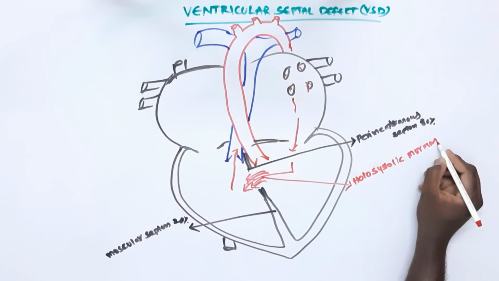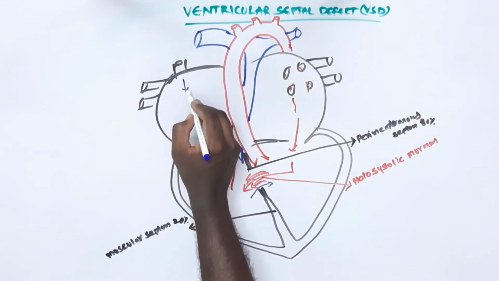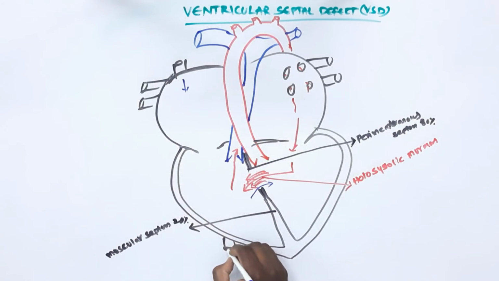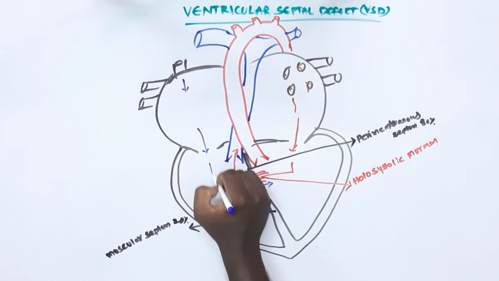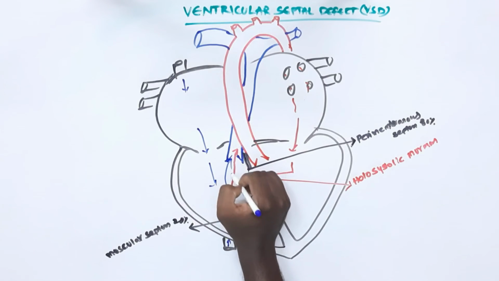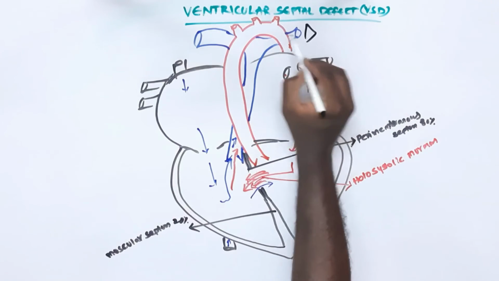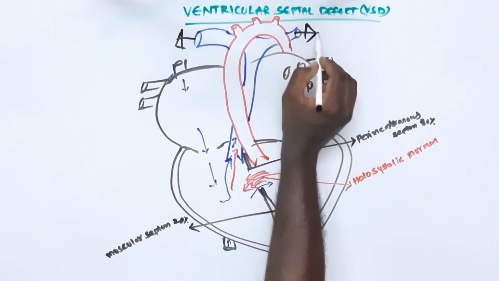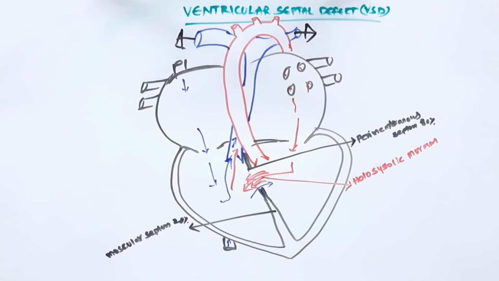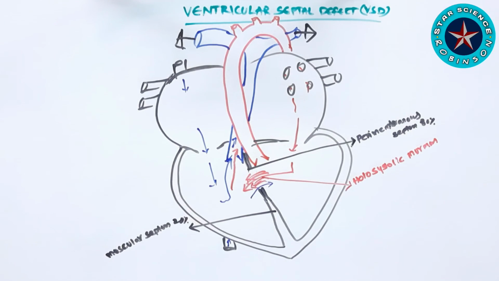At the same time, from the right atrium to the right ventricle, from there it will enter the pulmonary artery, and it will also enter through the ventricular septal defect, the opening in the ventricular septum. So the CO2 blood also will go this way, and there will be a mixture of CO2 blood here. Perimembranous ventricular septal defect is an opening at the upper part of the septum near the valves. It is around 80%. The second is muscular ventricular septal defect. The opening occurs in the lower part of the septum. It is around 20%.